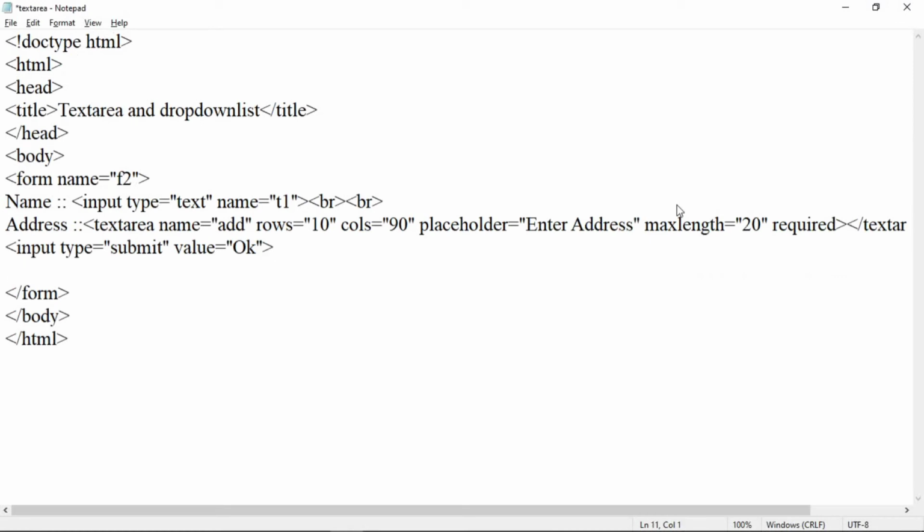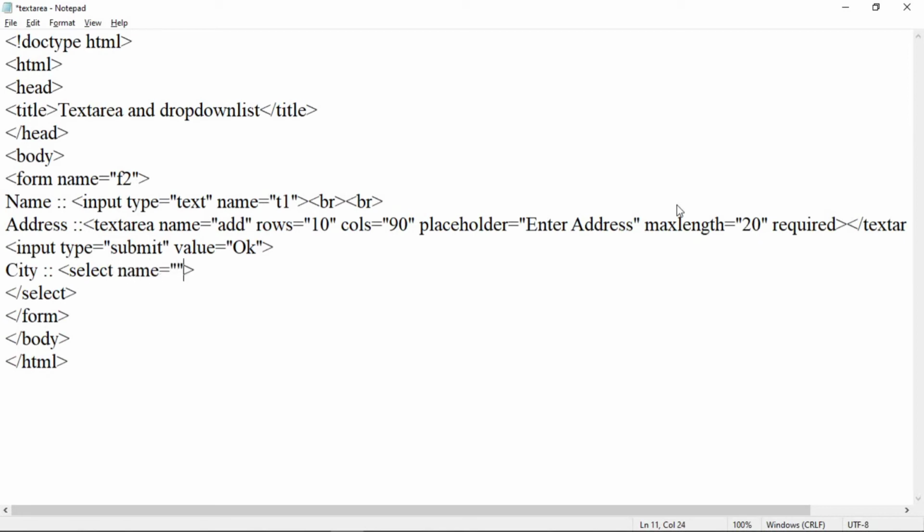Now, let us add a city field to accept a city. We will use the select tag here to create a drop down list. Select tag is a container tag. So select and end of the select tag. Again, here we will use a name attribute to specify a name.